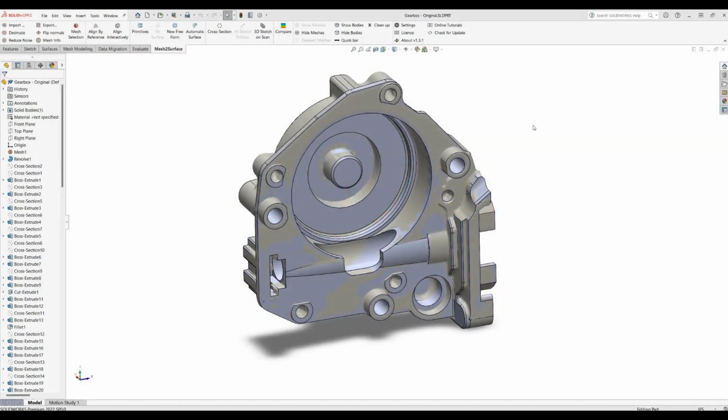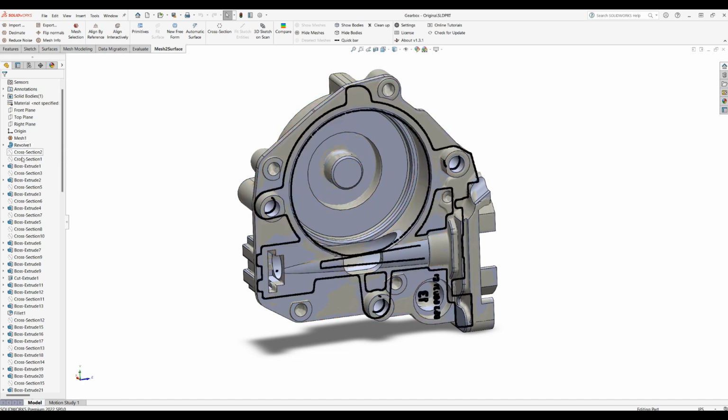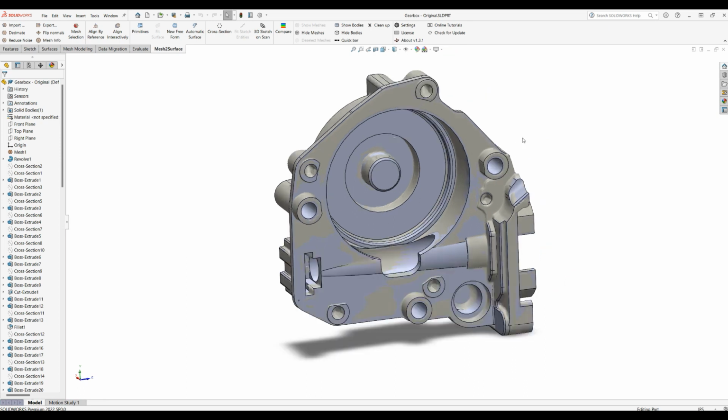When you make a lot of complex shapes like this one on the screen, you end up having a lot of the main mesh, which is your reference, and then you may create a lot of cross sections here. The problem now is that if you send this file to your other customer, or you want to open it on a PC where Mesh to Surface is not installed, these entities will not be understood by this other installation, so you don't really need them anymore.